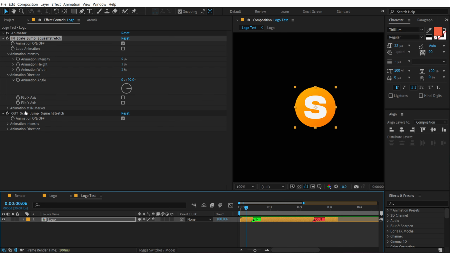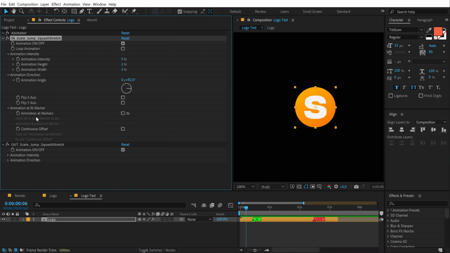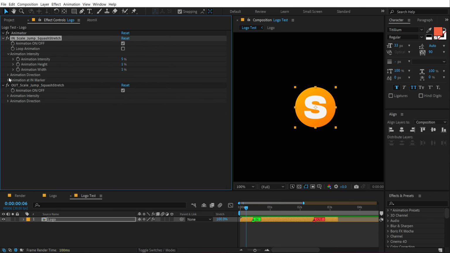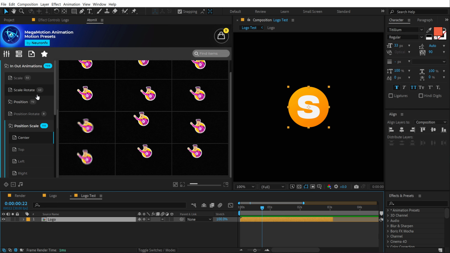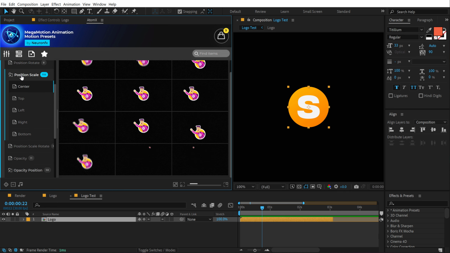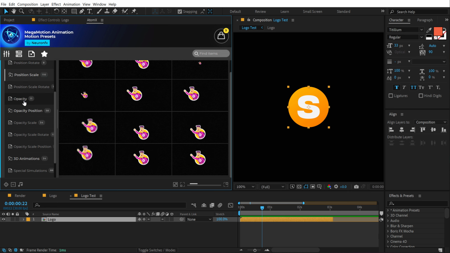We have flip axis as well. Then we have animation at in marker, so we can change that as well. We can also set continuous offset, a number of different things. But if you don't want to jump into that, you can just simply go back and browse a different animation and add that. Talking about the animation presets, as you can see right here, there are a number of different